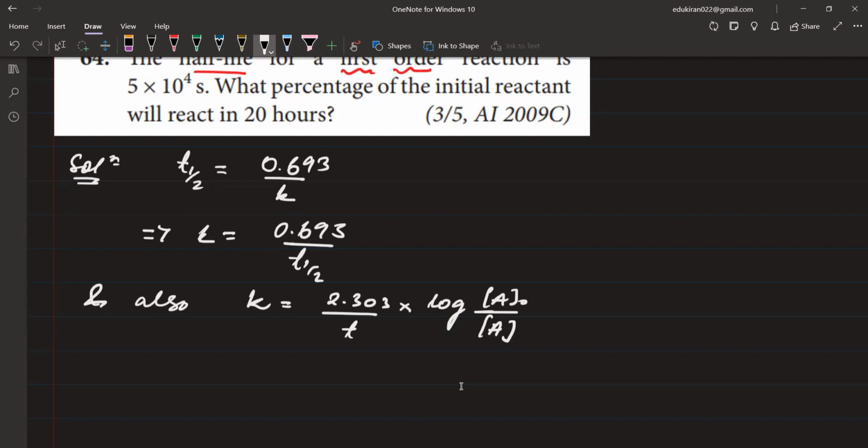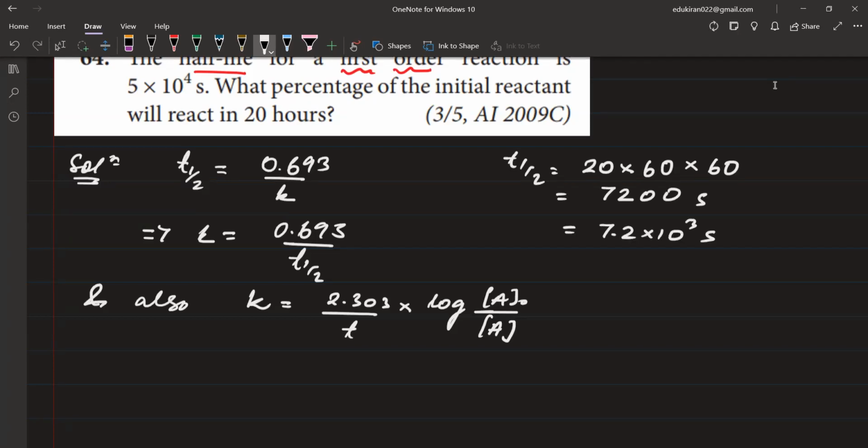Now in place of K I will write this. First I will convert t half, 20 hours has 60 minutes into 60 seconds, so this will be 72 and three zeros, 7200 seconds. I can also write this as 7.2 into 10 to the power 3 seconds. So now in place of K I will write 0.693 divided by